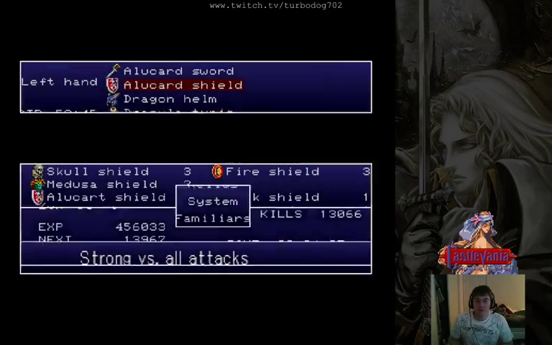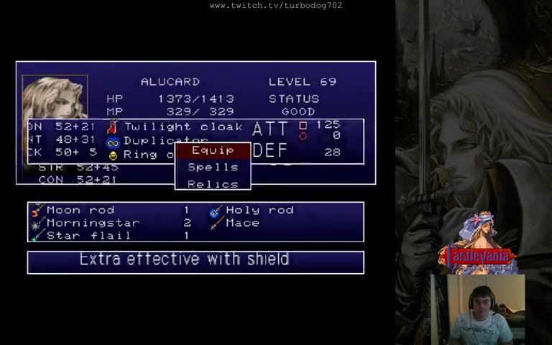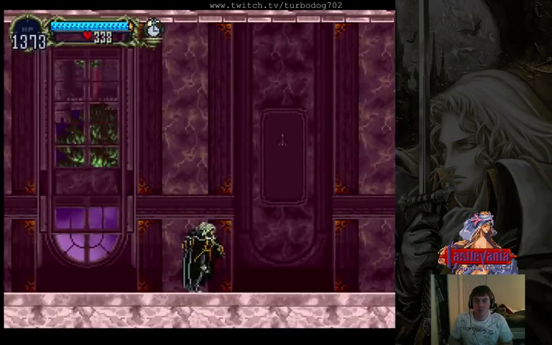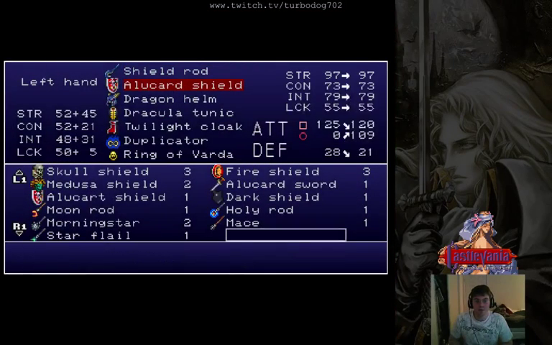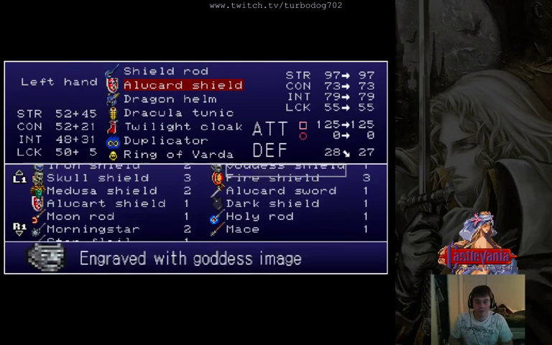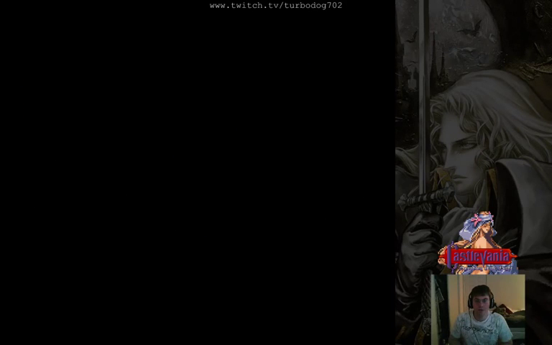Other things of note include the Shield Rod, which has its own set of spells. One of the most important of which is by pressing the shield button and the attack button at the same time, you will cast a certain spell depending on what the shield is that you have equipped. I will equip a couple of different shields just so that you get an idea of what this type of thing looks like. First, the Medusa shield,